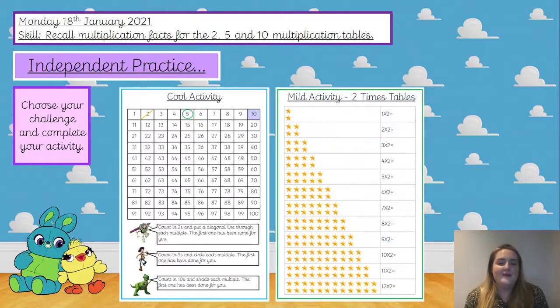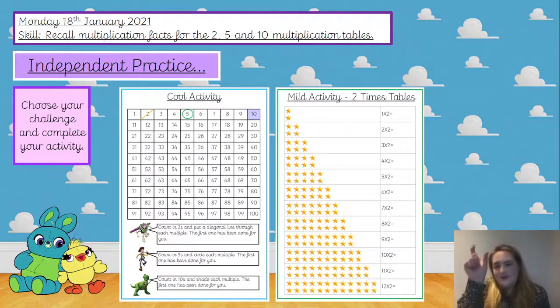Okay, let's have a look at this one then, the mild activity. This is just a picture of the first sheet. So there are 3 parts to the mild activity today. You've got a sheet for the 2 times table, one for the 5 times table, and one for the 10 times table. This first example then is for the 2 times table,